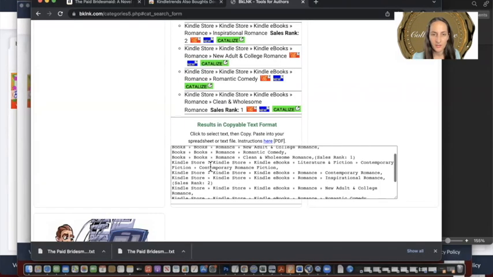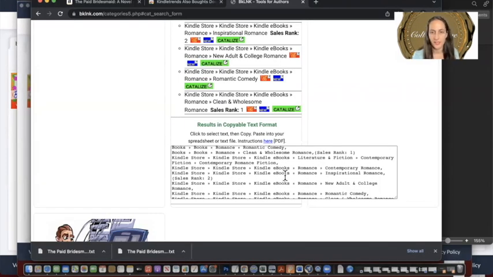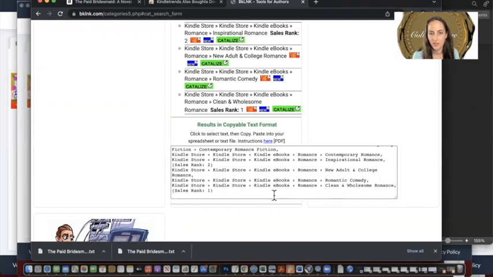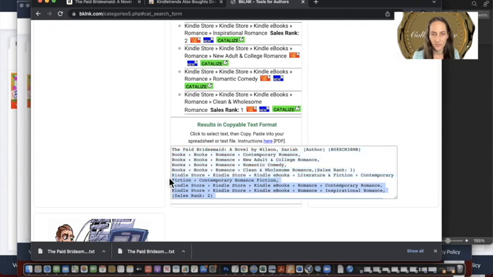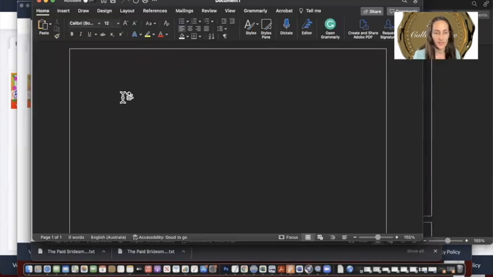So now I'm just going to promote the ebooks, not the books. So if you've got a paperback, and your genre sells paperbacks more, then you could do that. I'm just doing the ebooks, so Kindle store. And you can see the categories, how they break down: Kindle store, Kindle ebooks, romance, new adult, college, etc. Okay, and then I'll take out the ones that weren't relevant and paste that in there, and